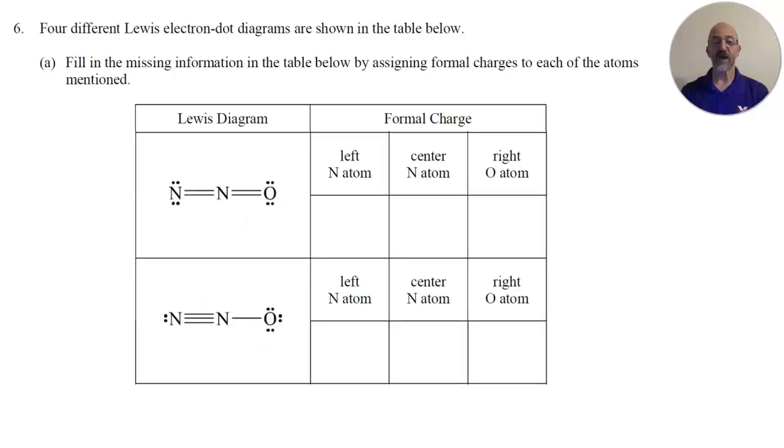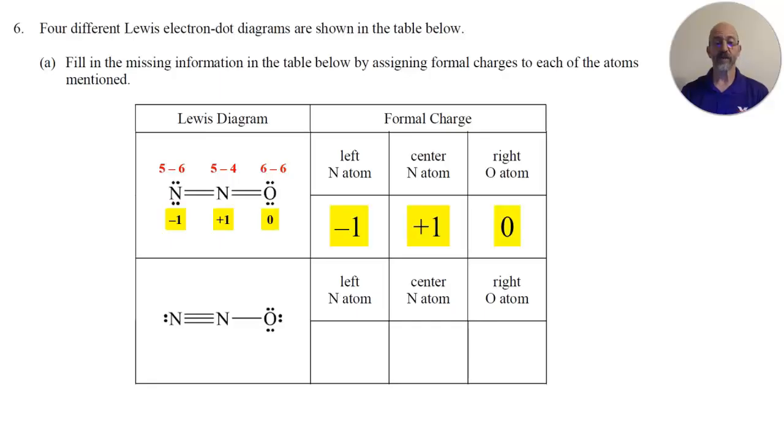So for the nitrogen on the left, that would be 5 valence electrons, and I see 4 dots and 2 bonds, so that's 5 minus 6, which is negative 1. For the center nitrogen atom, again, nitrogen has 5 valence electrons. I see 4 bonds, so 5 minus 4 is positive 1. Oxygen has 6 valence electrons, and I see 4 dots and 2 bonds, so that would be 6 minus 6,